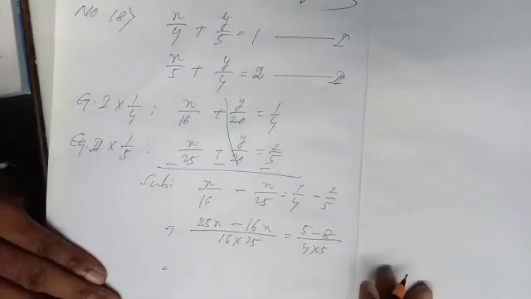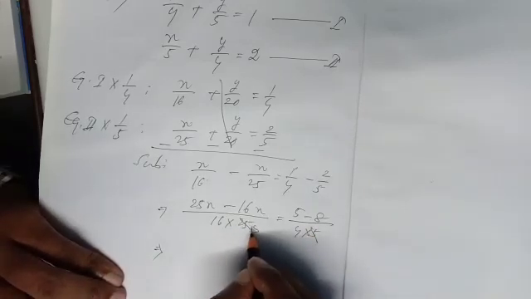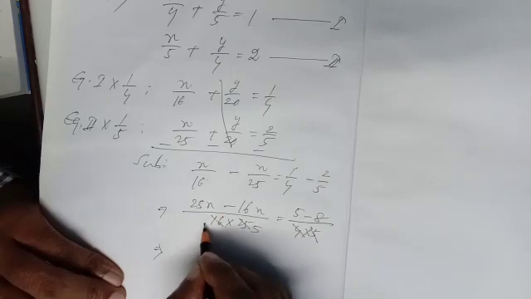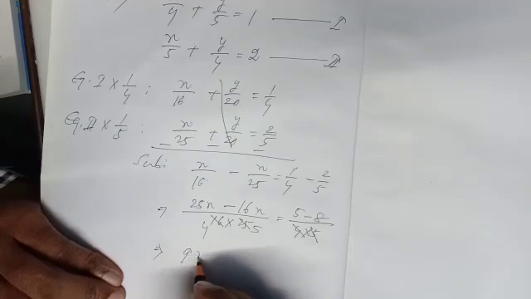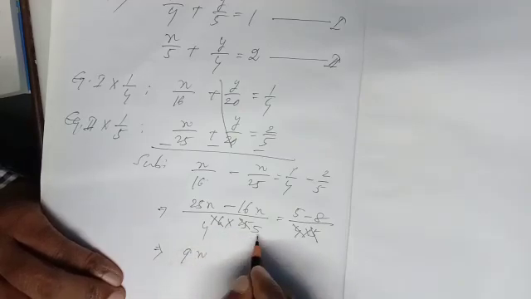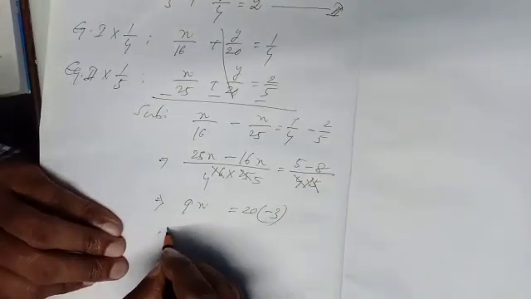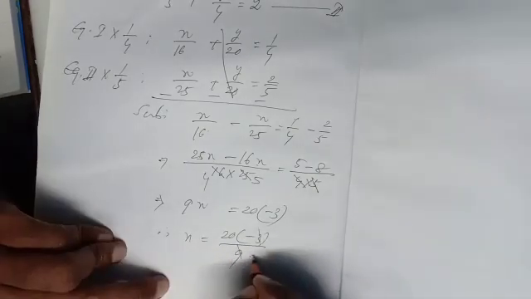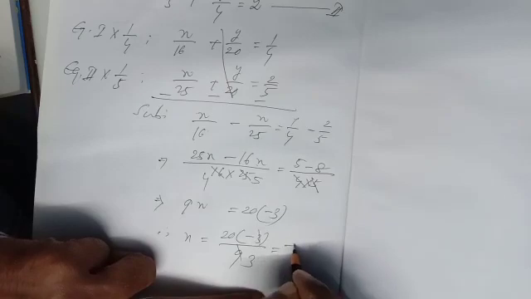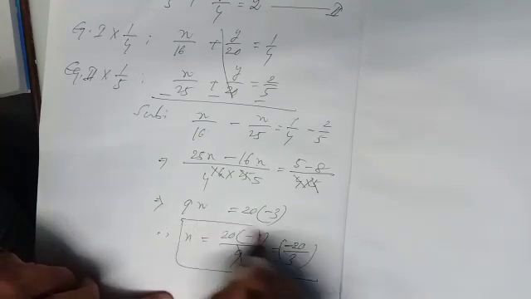Now see, you have to apply common sense here. Without a calculator you can do this. 5 and 25 you can cancel in the denominator, and again 4 and 16. See, you can solve it more easily. 25x minus 16x is 9x. By 4 into 5, that is 20, multiply 20 into 5 minus 8, that is minus 3. After that you find the value of x. How? 20 into minus 3 divided by 9. 3 threes are 9, so you are getting minus 20 by 3, the value of x.